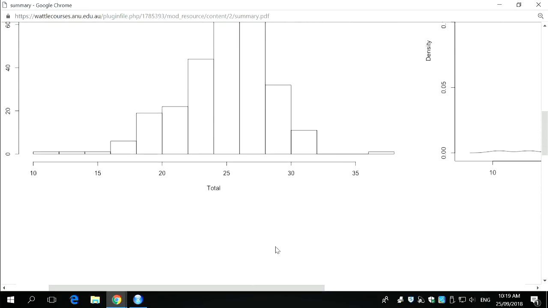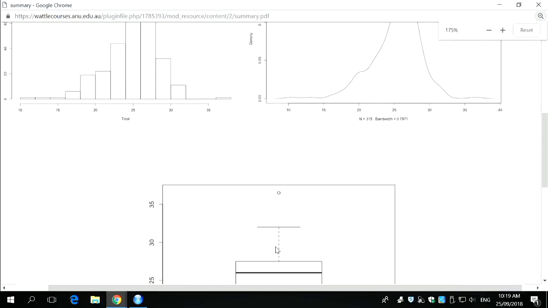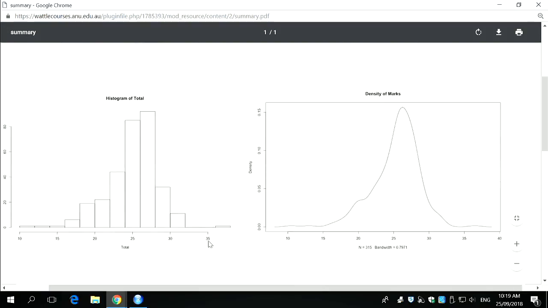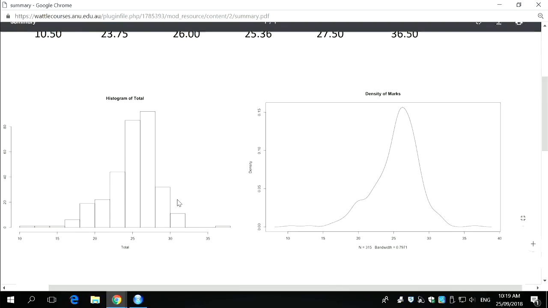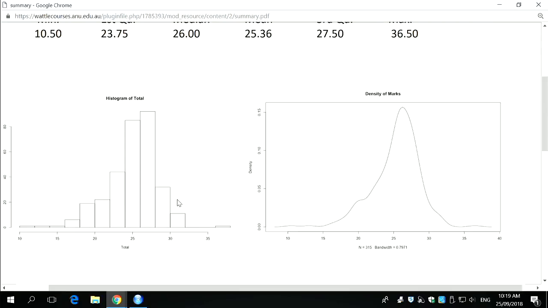Okay, so anyway, in the grand tradition of use the tools that I've taught you, there's the histogram. You can see it's mildly skewed. It's actually skewed to the left. There's a tail on the left. And most marks ended up sort of in the top bit, right? This actually mirrors the grade distribution we're going to end up with, which is loaded with credits, Ds and HDs and relatively fewer passes. About a third of the class, I think, ends up in the P range. And, well, you can do the math, right? 15% HDs, 20% Ds, 30% credits, you can work out what's left. And they're roughly all the passes, okay?